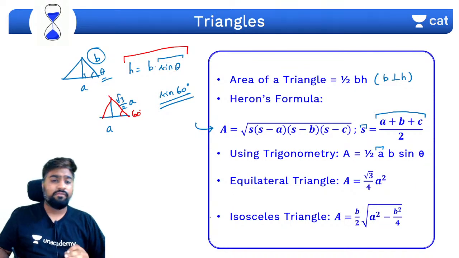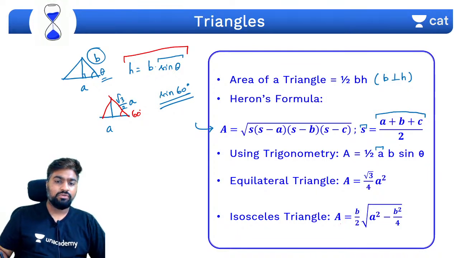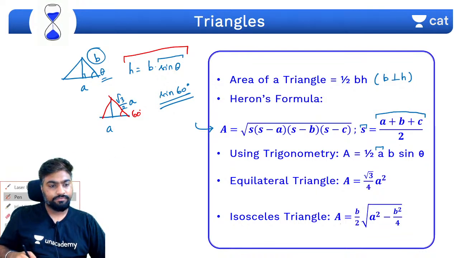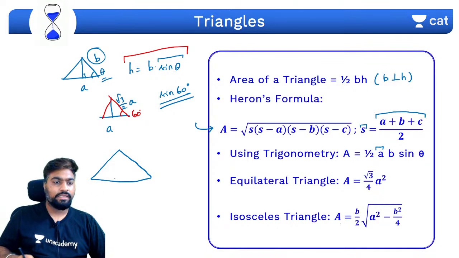Now something specific for an isosceles triangle, listen to this carefully. This is specific only for an isosceles triangle. What happens here? Area is B by 2, A is the equal side. In an isosceles triangle, you have these two sides being equal, and this will be your unequal, distinct side. So A is your equal side, B is the distinct side. To find out the height here, if trigonometry becomes difficult, then you can directly use this formula, provided you remember this.